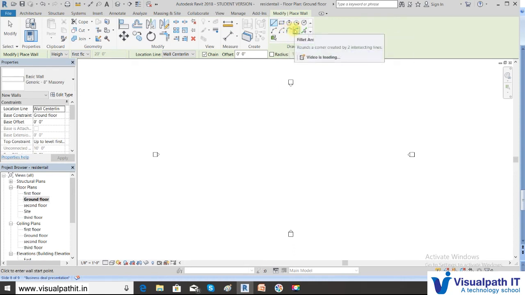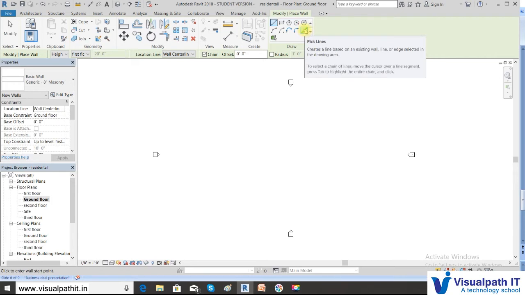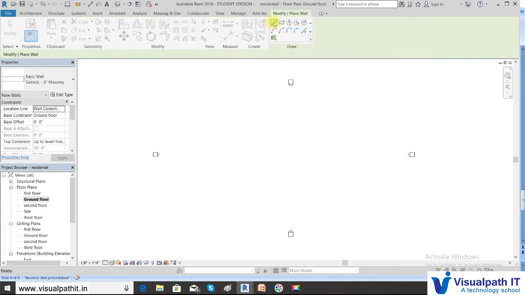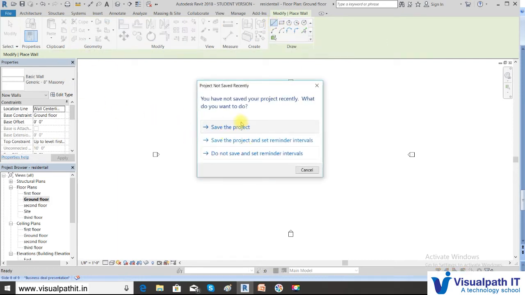Here the next will be the filleted walls, your rounding of the corners of the building. Certain times your walls are not sharp, the corners will be smooth. So we will see, and this is the pick option. So you have 2D plan that later on we will see. When you pick your walls, pick your lines, automatically walls can be created if you have the 2D plan with you. So that we'll see as a separate session. So click the wall line. Once you set that, save the project.